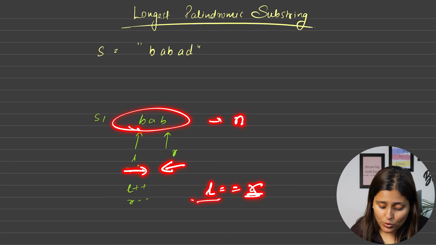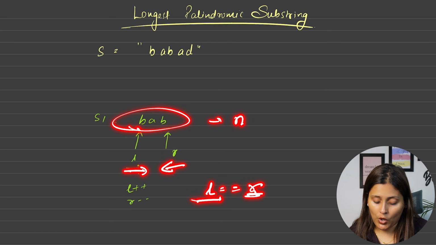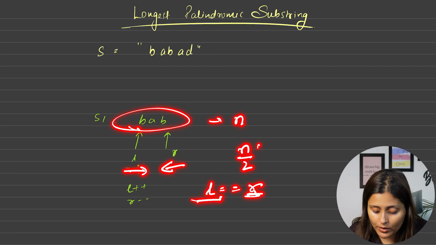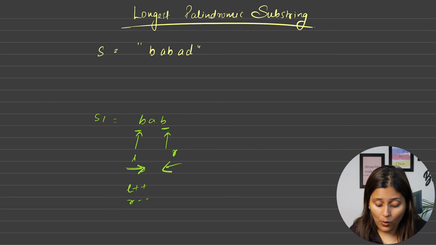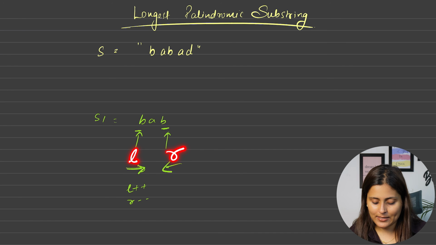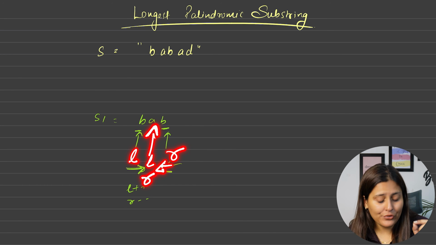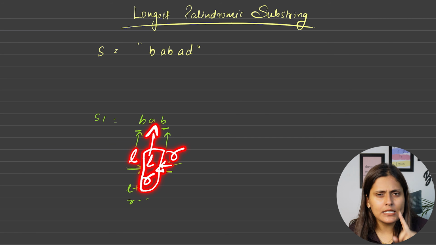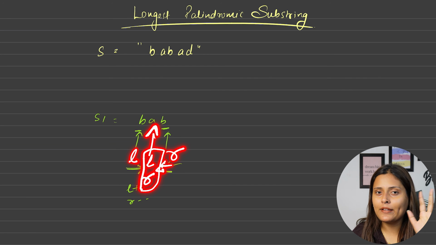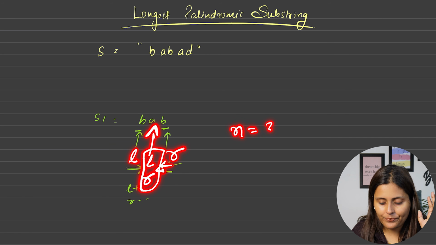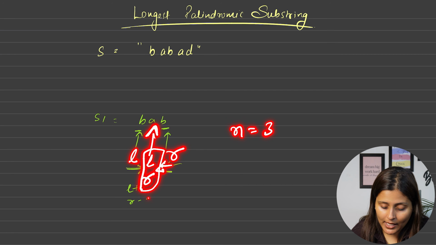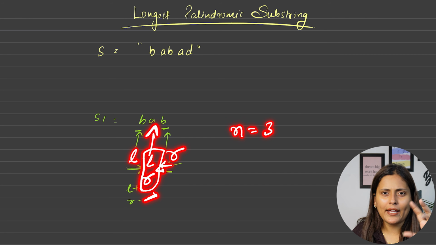So can I say to check if it is a palindrome or not, we will take n by 2 time complexity, because when L is at the 0th index, R will be at the last index. Now when L will be at mid, R will also come here, because of R minus minus. So R will also point to this, meaning left and right are both pointing to the same index. So at what point did they stop? If n was 3, I said when they are equal we also stop, because no need to check, anyhow a single